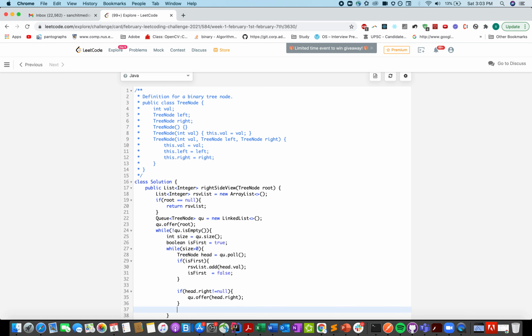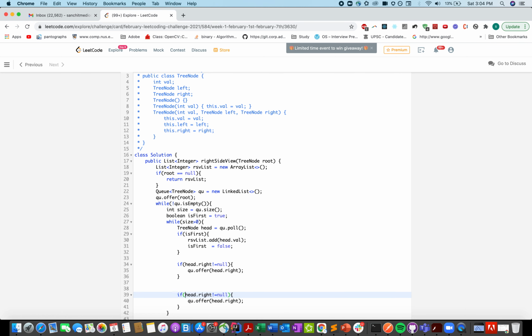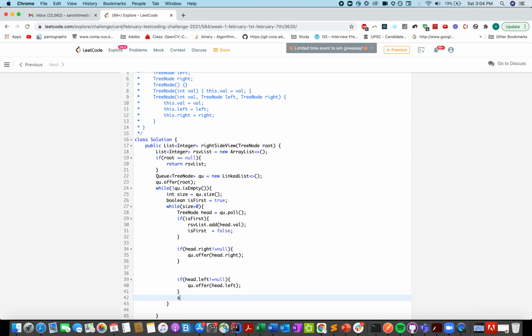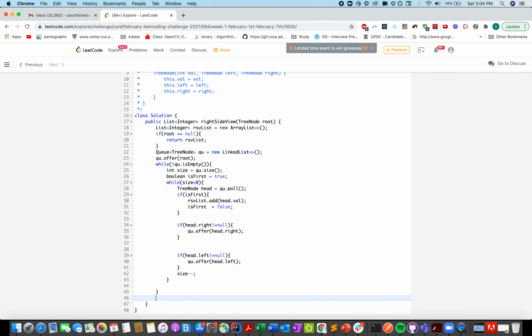Similarly for the left part of it. And we are almost done. Just one check: we have to reduce the size for each iteration as we are moving at a particular level, and we'll simply return our RSV list.